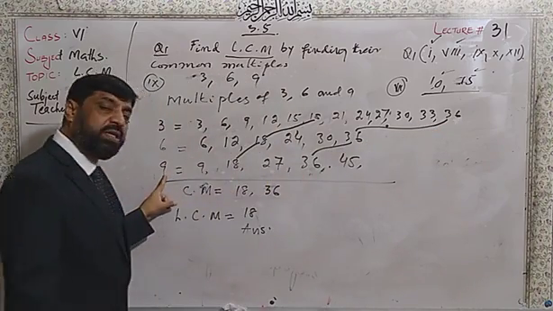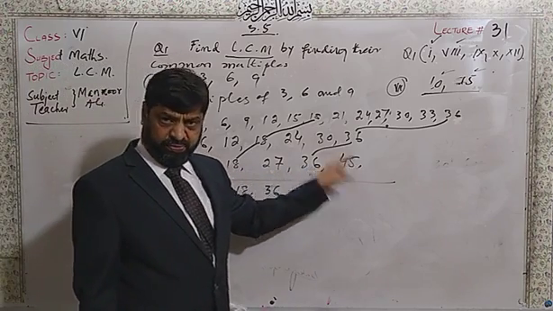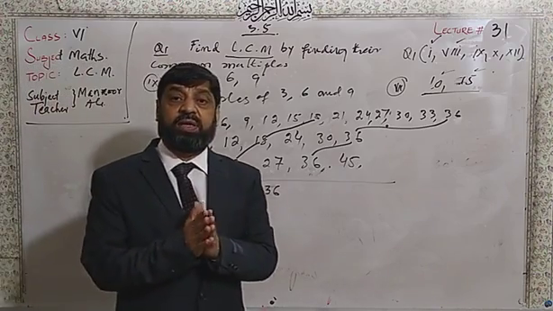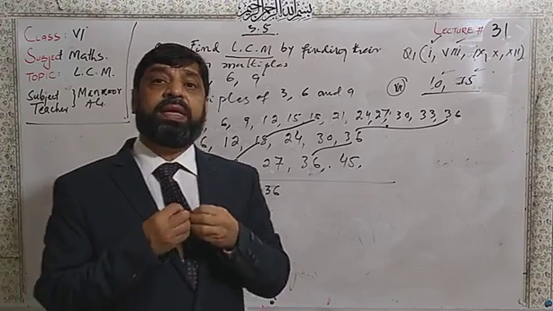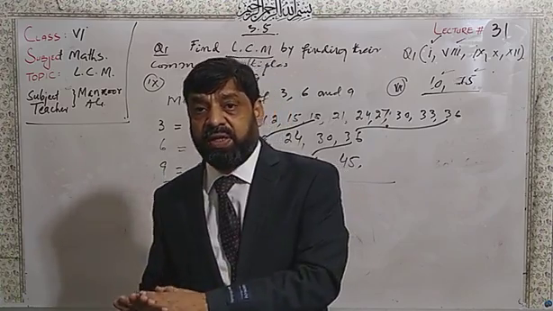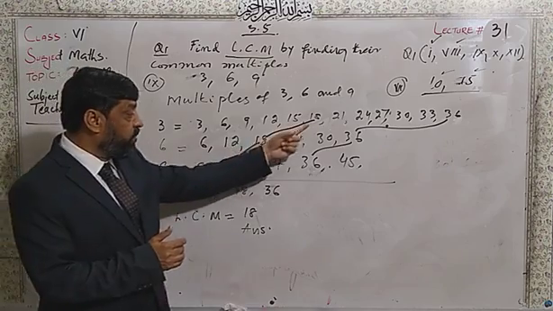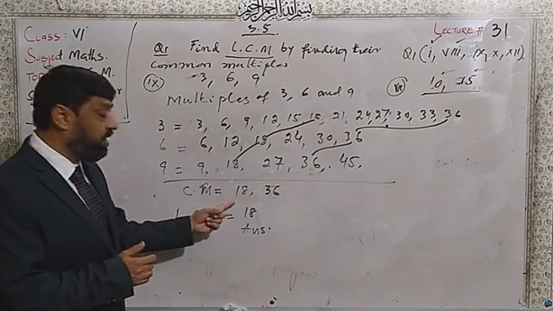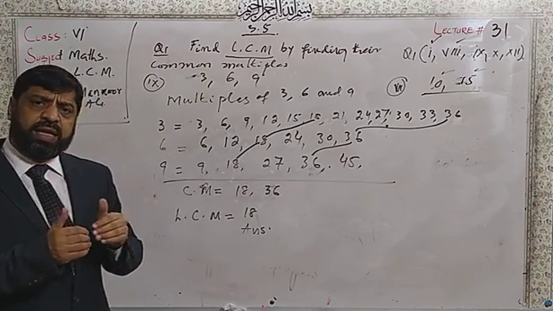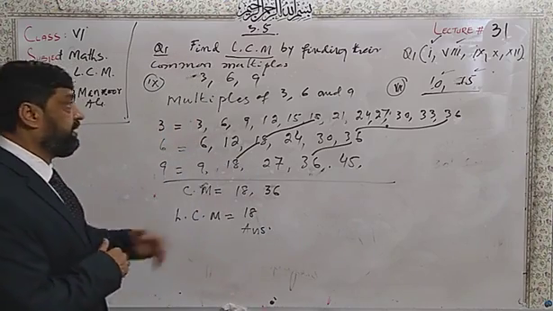And after that we start the 9. First multiple, second, third, fourth and fifth multiple, 45. Then we see that now it is possible to find a minimum of 2 multiples, and we can reach the conclusion of the LCM. We will take the 2 multiples here, which are called the common multiples. And from these 2 common multiples, we will again take the smallest or lowest number, and that is the LCM.